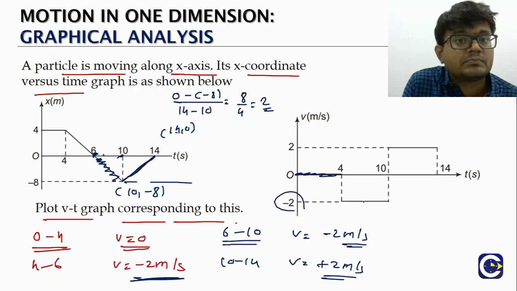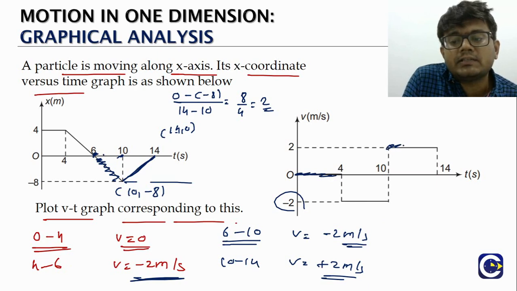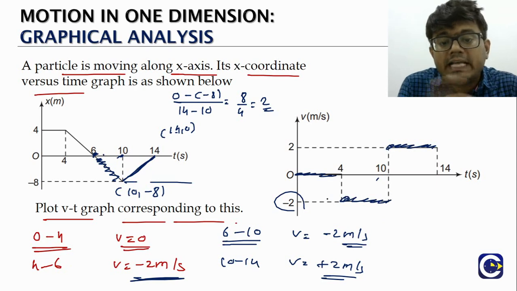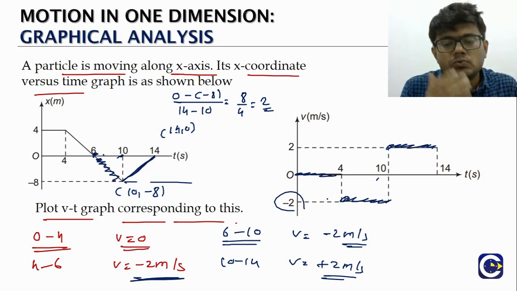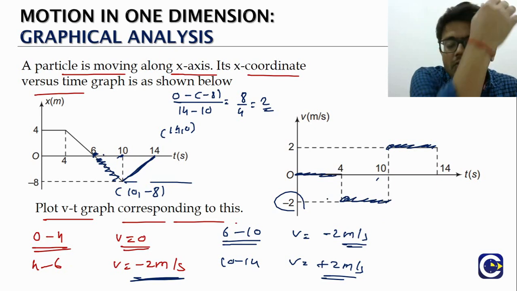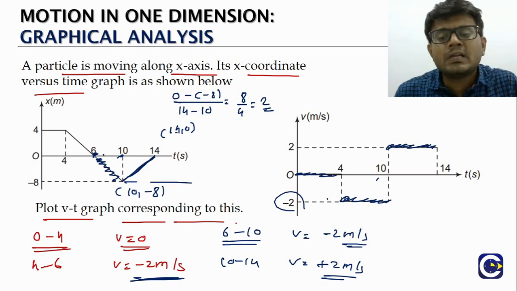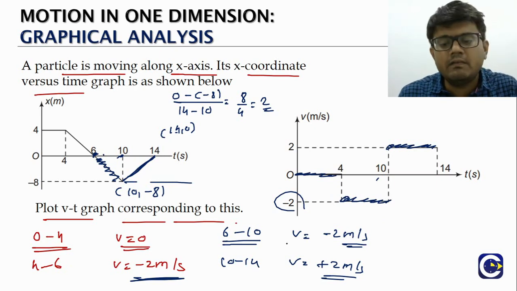Minus 2. Horizontal line. Then 10 to 14 it will be again constant. It will be plus 2. Okay. So 0 to 4 it is what? 0. 4 to 10 it is what? Minus 2. And 10 to 14 it is what? Plus 2. So that is how we will be able to draw the graph of the velocity time graph from